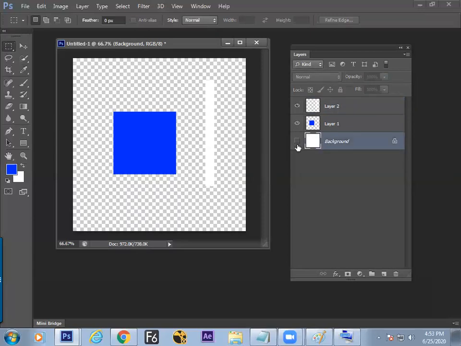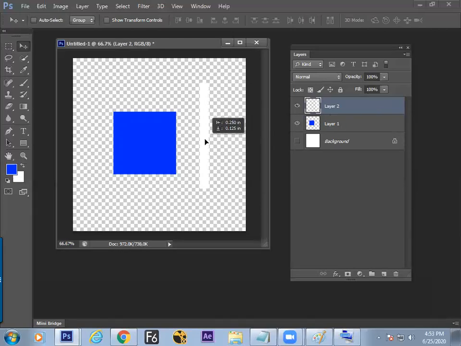You can hide the background. So now one more thing you got to know, how to hide the layers. And if you need one more, then duplicate it. How to duplicate the vertical line? By Alt and drag. The time you press the Alt, you'll find the cursor turns into a double mark, drag it up.